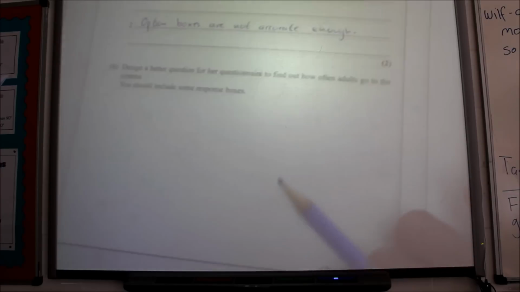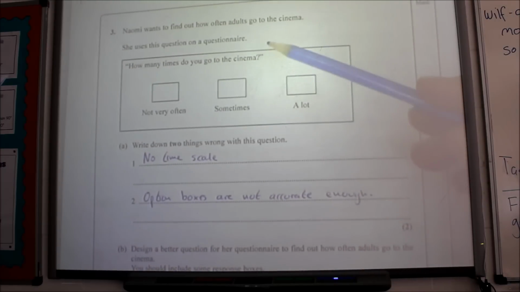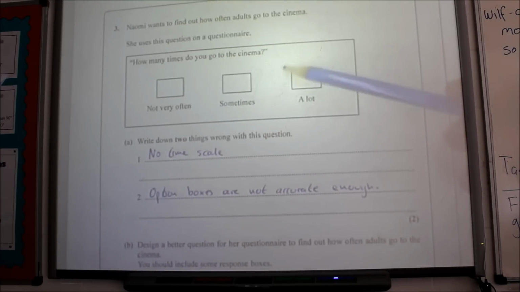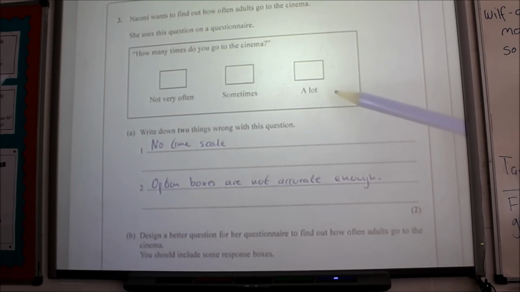Question number 3. Naomi wants to find out how often adults go to the cinema. She uses this question on a questionnaire. How many times do you go to the cinema? What's wrong with it? Again, there's no time scale. That should say per week or per month. The option boxes are not accurate. What a lot means to someone might mean something different to Naomi. If I go to the cinema 6 times a year, I think that's a lot. But some other people might think that's not very much. So you must have